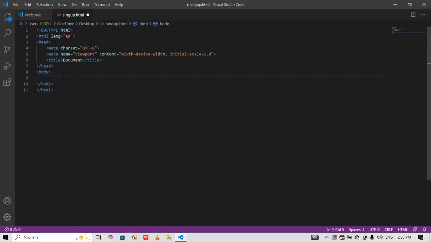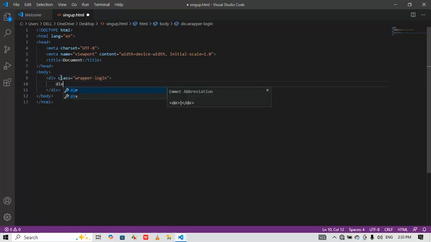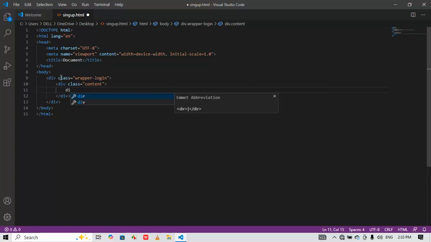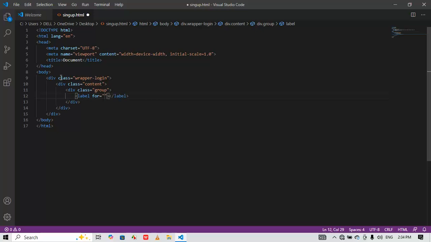I'm getting the div. So first div dot wrapper hyphen login. Okay, enter. So div dot content. Okay, enter. So I'm getting the input in between of the content div. Okay, so div dot group. Okay, in here I'm getting label